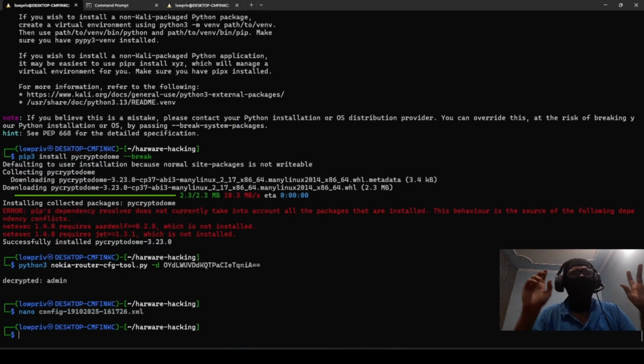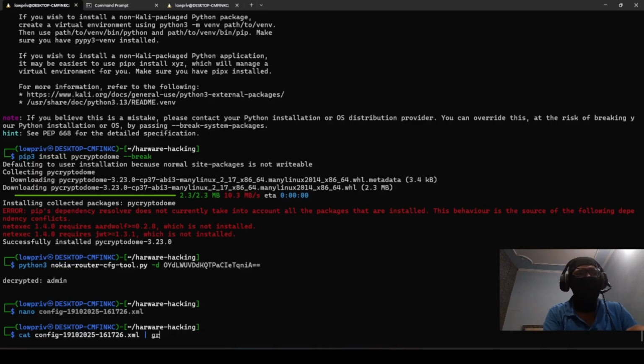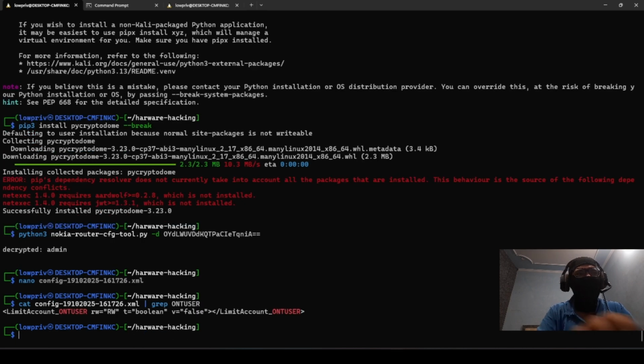Now we exit out. ठीक है, this file we have saved. If we cat config this and we grep for ONT user, we see कि ये false हो चुका है. Awesome. Let's see अगर हम यही फाइल राउटर को दे देंगे, so will we be able to log in into the router or not? ठीक है, right now हमने देखा कि ONT user fail हो गया login. So before we do that, we need to repack the file with this command.